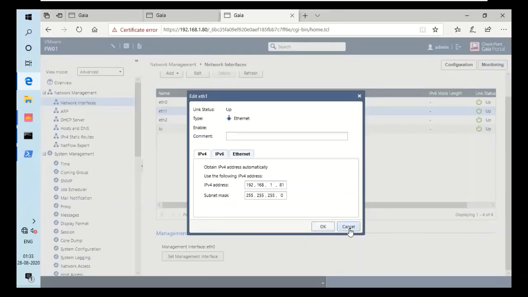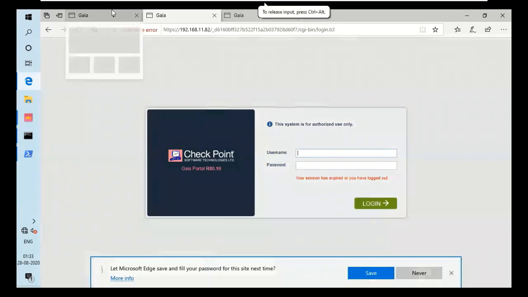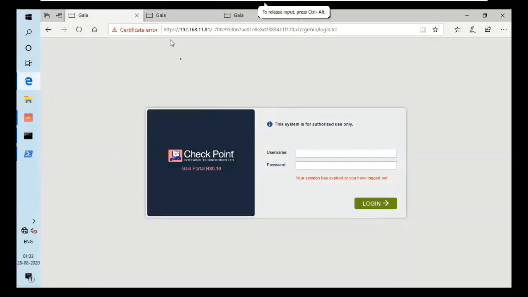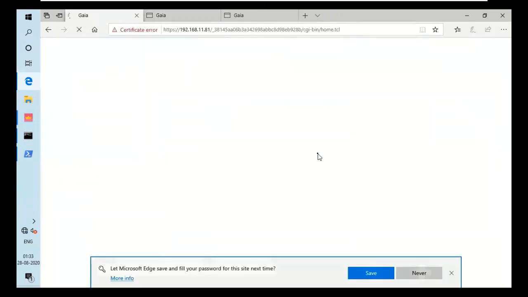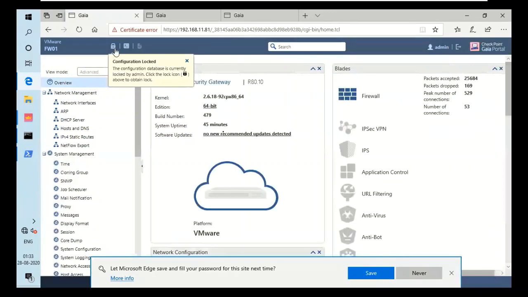To jump into the real console, I have to jump to .81. Let's jump to 81 and do that. So I'll log in here. In the cluster, you can't do that. So in 81, let's see if we can do that. So I am in my firewall 1. Let's override the lock.